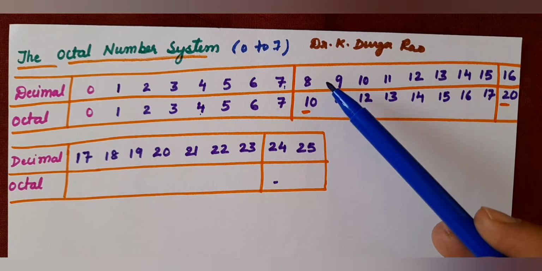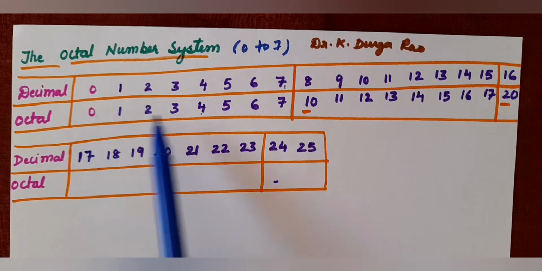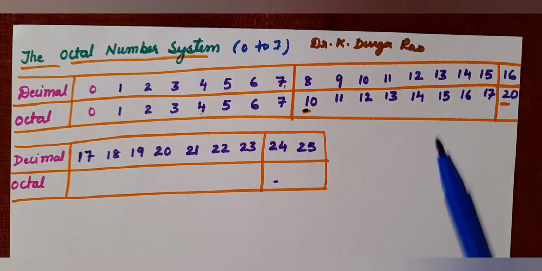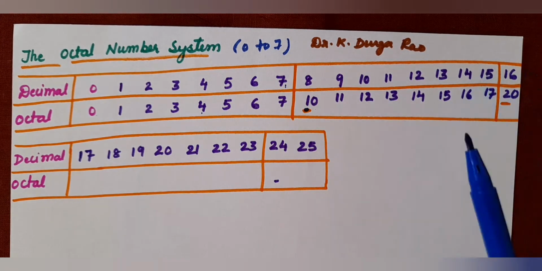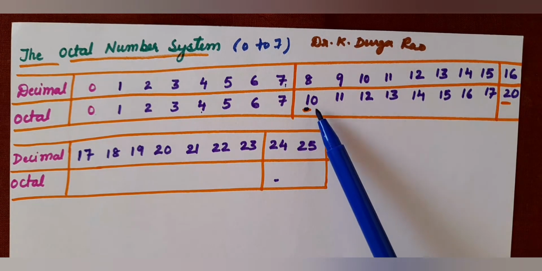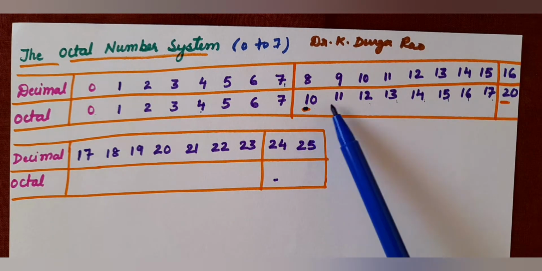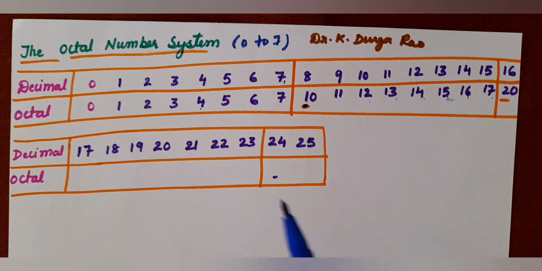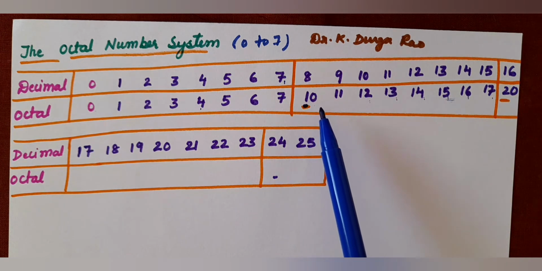From 8, how is it written? Again, it will be 0 to 7. Every time 0 to 7 will be repeated. Here the series is 1. It is a new series. Suppose the decimal numbers are 8, 9, 10, 11, 12, 13, 14, 15, what will be their corresponding octal numbers? See this one: 0, 1, 2, 3, 4, 5, 6, 7 with a series of 1. I hope now it is clear. You can easily write any decimal into octal. So the basic symbols are 0 to 7 and for the next series you have to put 1.